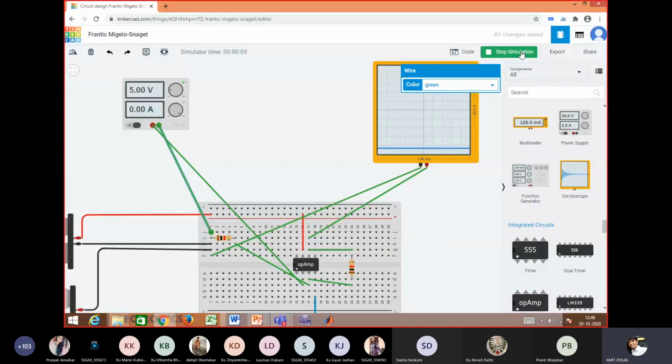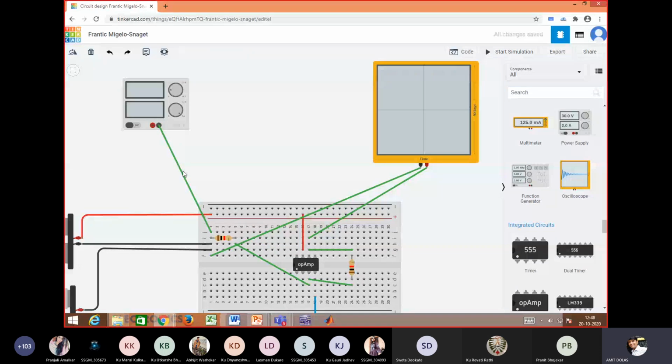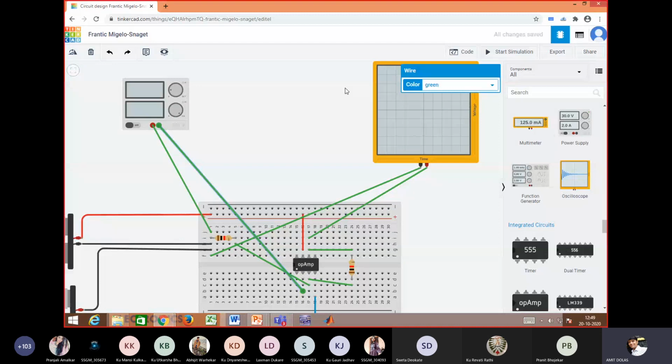If I change the polarity of the input, that is, -5 instead of +5, with ground and -5 connected to input pin number 2, then I get the positive saturation value of the output.